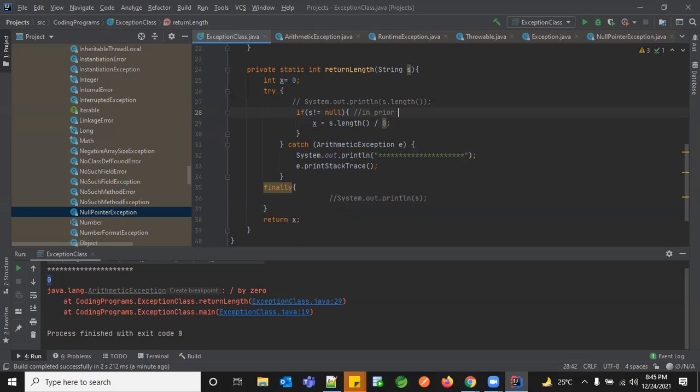Because for test data, if you give a positive string value or an empty value, you still have some length in your string. But if you're passing null, you'll get a null pointer exception because it's an object. Whereas in your primitive types, you never get this issue because they have defaulted values. That is the reason when it comes to objects, you'll have multiple exceptions coming into the picture.